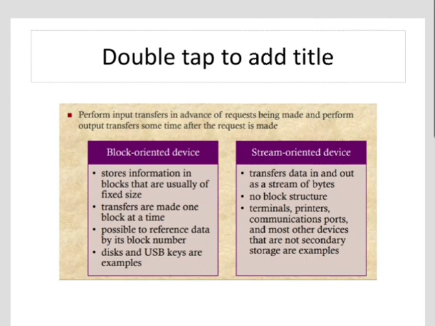Basically, the input output devices are categorized into two types, that is the block device and the character device. A block device is one that stores the information in fixed size blocks, each one with its own address. The common block size ranges from 512 bytes to 32,768 bytes. Here all transfers are in units of one or more entire blocks. It is possible to read or write each block independently of the other ones. For example, hard disk, CD-ROM, USB, etc.